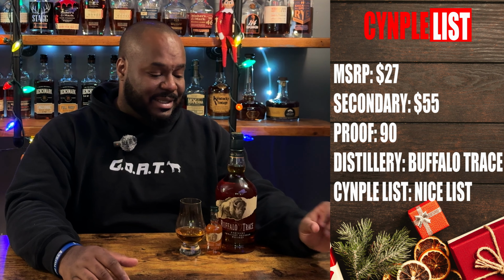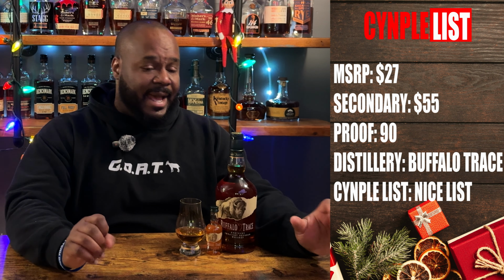Hit me in the comments, call me a tater, beat me over the head, whatever you want to do. This is one of my favorite, I'll just say entry-level bourbons, solely because it's not super complex, it's not over-the-top expensive, and the smoothness that you get on it is just something that I keep reaching for as one of